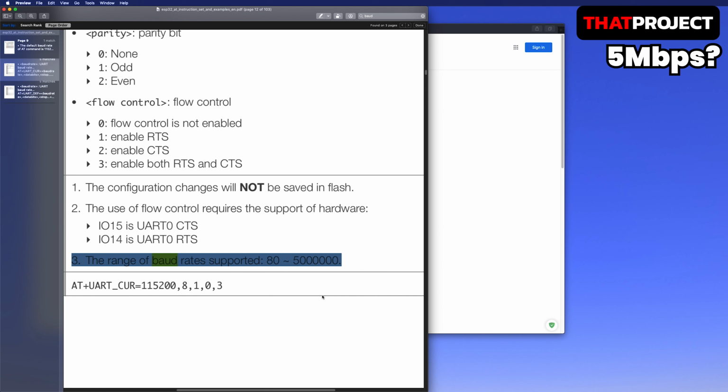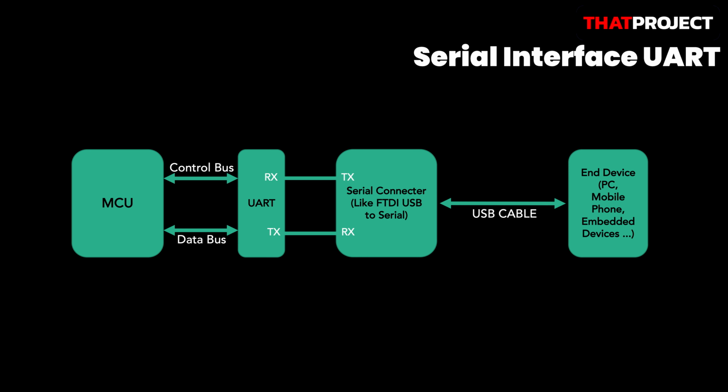And then if we actually wire the ESP32 and other devices to communicate via serial, at what speed can we transmit data? The USB interface is usually used the most when connecting between MCU and PC or end devices. The MCU's UART is not directly connected to the PC, but it goes through the serial connector. Various interfaces exist on the serial connector. It can be USB-C type or micro USB based on USB to TTL. It used to be mostly RS-232 and is still used in the industry. What you need to see here is the maximum transmission rate supported by this serial connector.